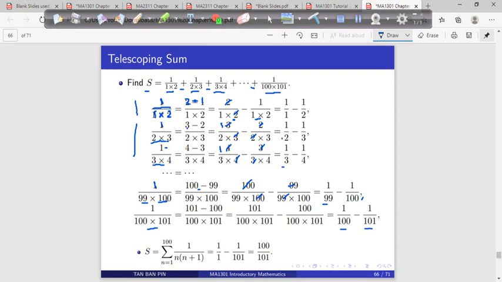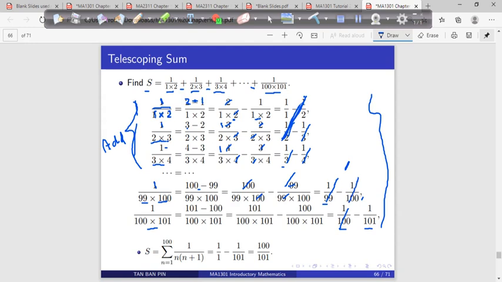to add. If you add, you realize that minus half and half cancel. You cancel this way. You're going to add all this. If you add, minus half and half cancel, minus 1/3 and 1/3 cancel, minus 1/4 and 1/4 cancel. So it's going to cancel this way. So which means 1 over 99 cancels with the previous one. 1 over 100 and minus 1 over 100 cancel.